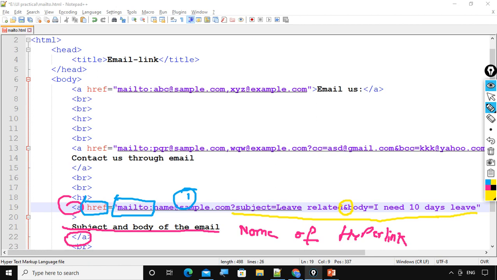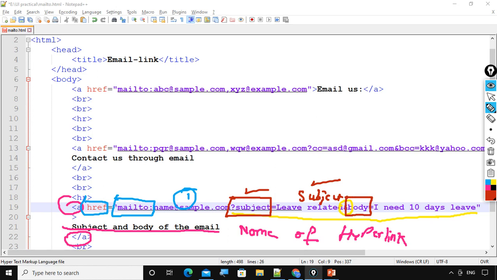Now here I have one ready-made key to write subject. What is that? Subject. Then here I can write any subject, okay. See, this is key, okay, and this is value. Again, to write content of the email or body of the email, I have ready-made key. What is that key? Body, okay, body.